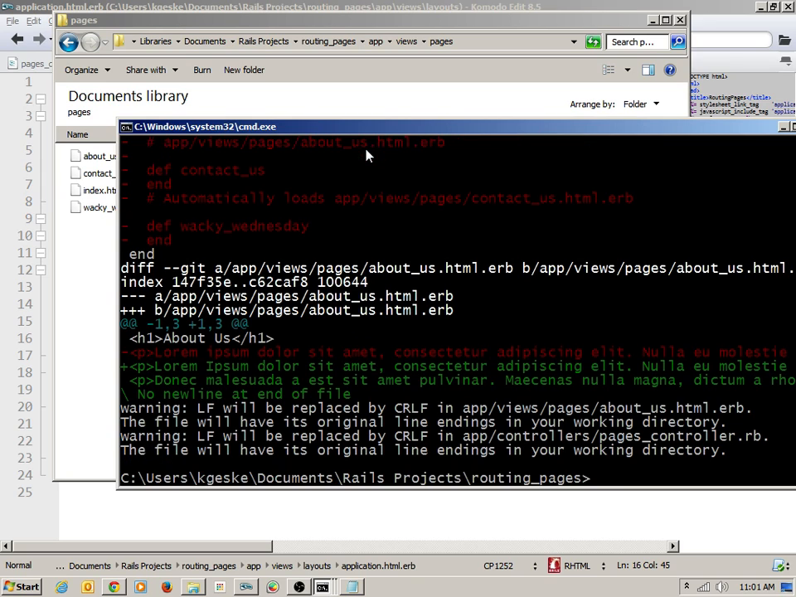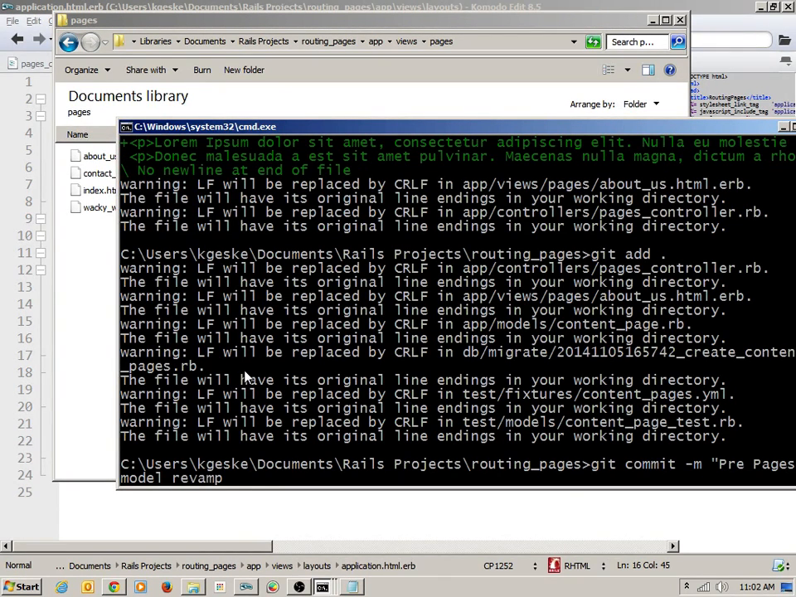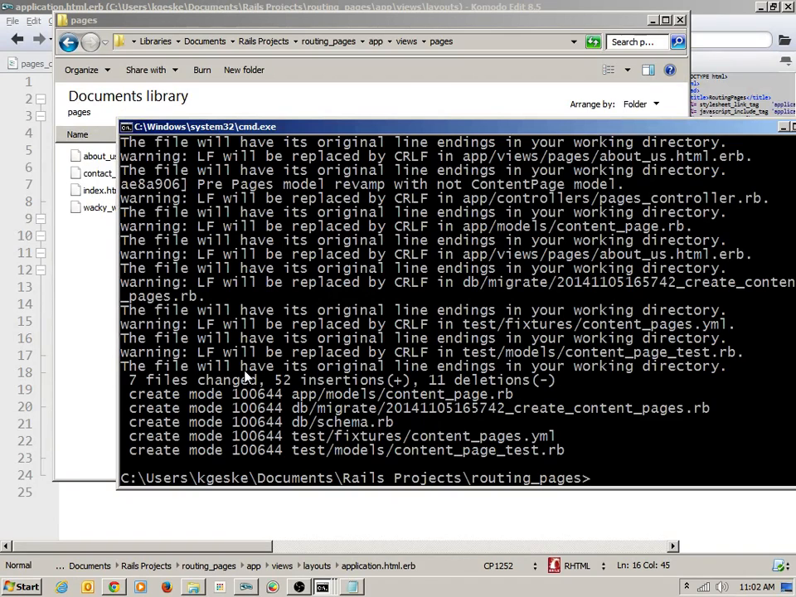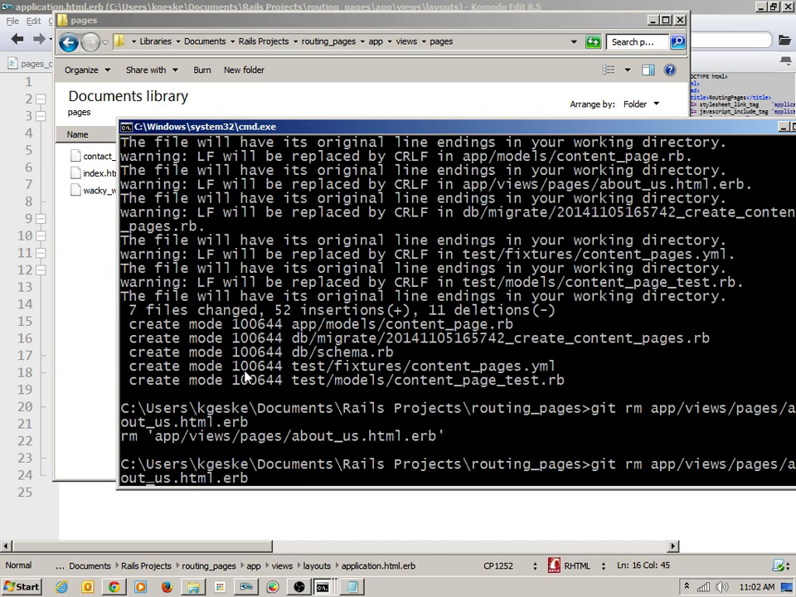Before I go and remove these pages, Git has detected that I'd actually changed them. So it's like, okay, you're trying to remove something that had a change in it, and all of your changes should be backed up in source control. So first I'll just stage all those changes. Pre-pages model revamp, new content page model. And now I should be able to go and delete those,